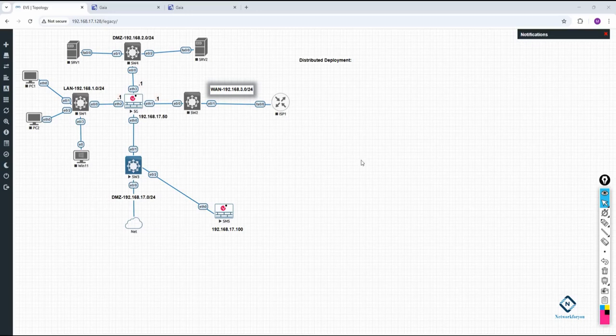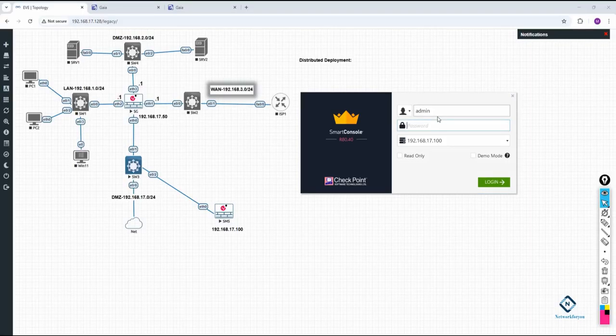Everyone, in this video we are going to learn how we can add the security gateway. Okay, so first what I will do, I will access the SMS with the help of smart console, and then we are going to add the security gateway in the SMS. So first we need to put the IP. Here IP is already correct,